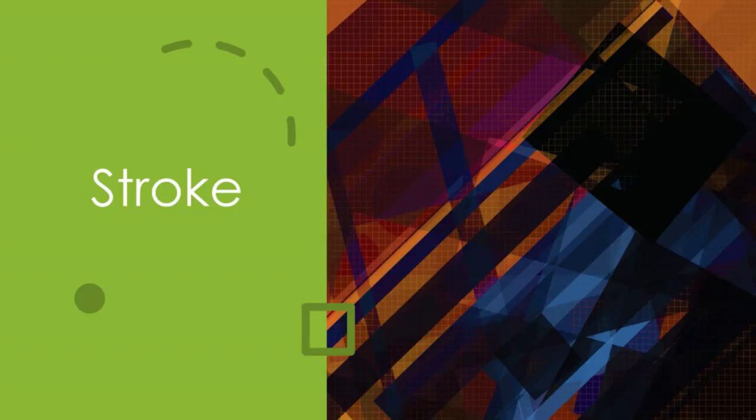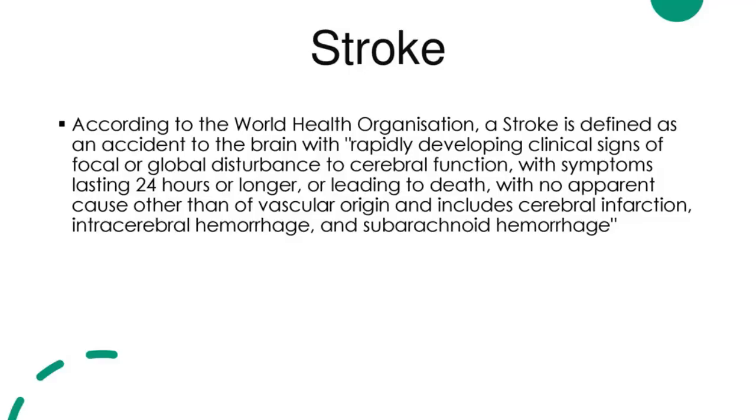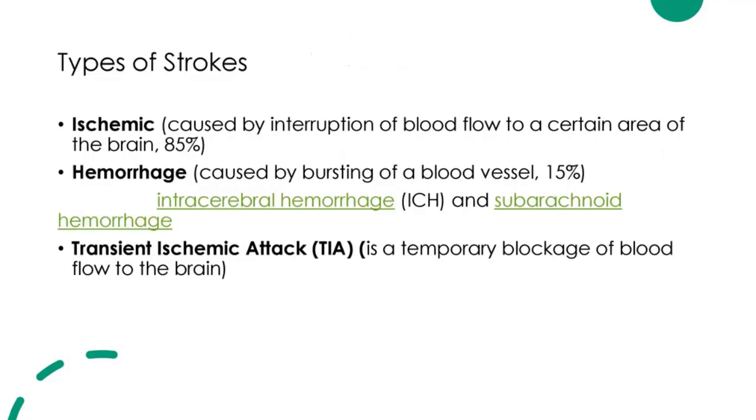So stroke, according to WHO, is defined as an accident to the brain with rapidly developing clinical signs of focal and global disturbance to cerebral function, with symptoms lasting 4 hours or longer or leading to death, with no apparent cause other than of vascular origin. So basically, stroke occurs due to vascular origin, meaning blood supply origin. And stroke basically has two types, or these are also the causes of stroke, like